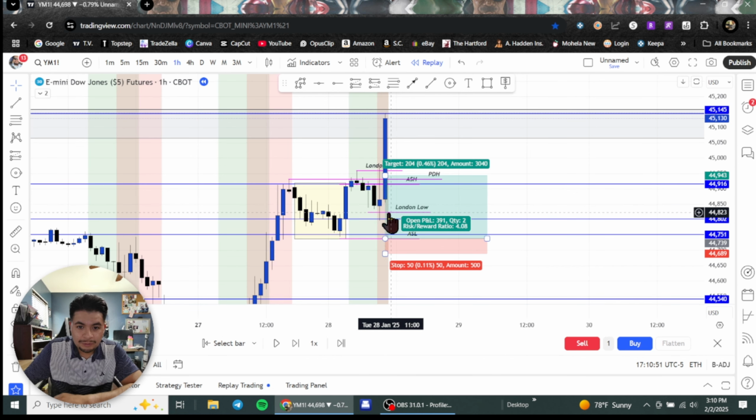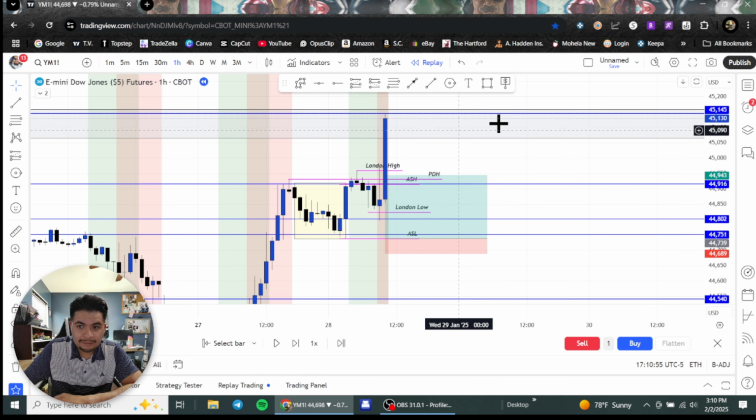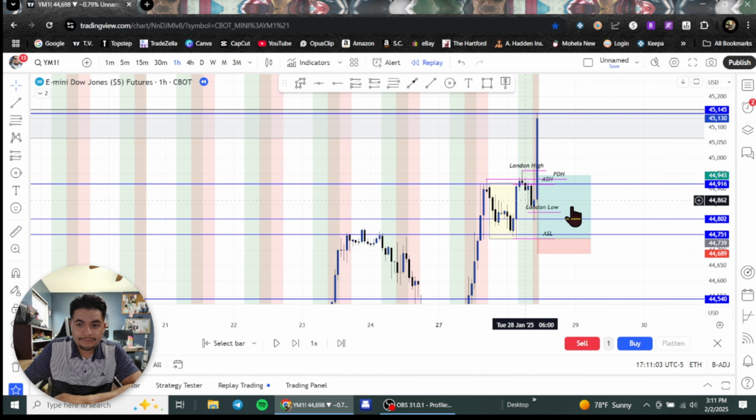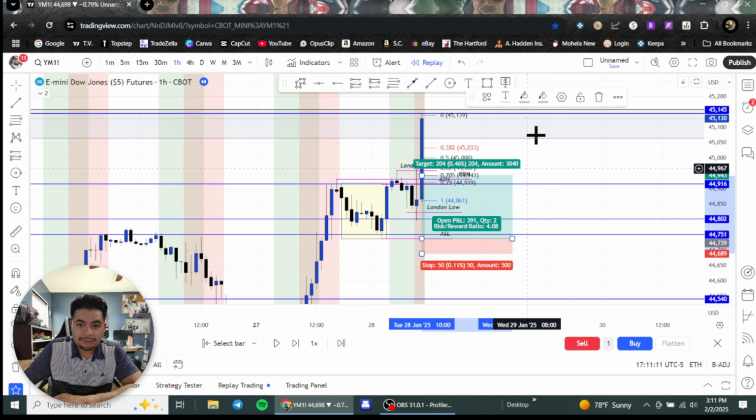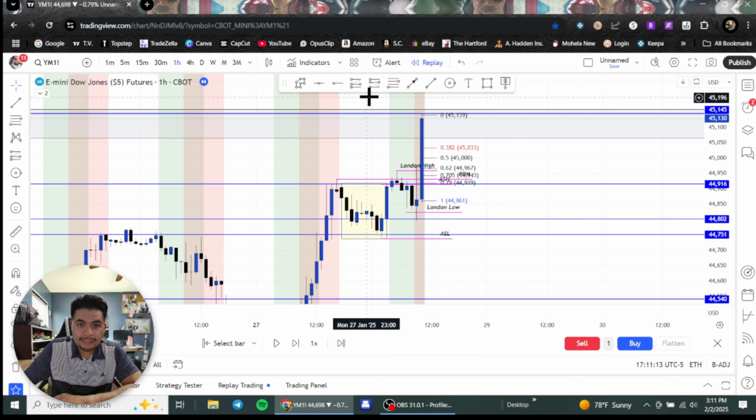Okay, so the move was at the London low. Came down, came up, tapped this blue line in this area to the T. At this point, I'm going to wait for a retracement to get in for longs. Could wait for 45,300 to get in. So that's what I'll do, is wait for